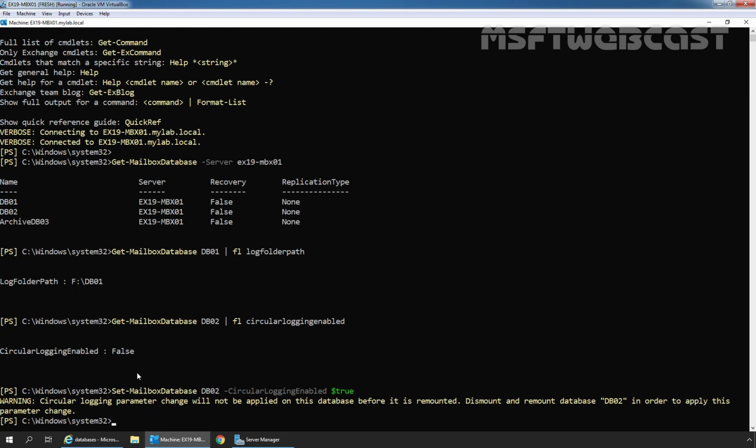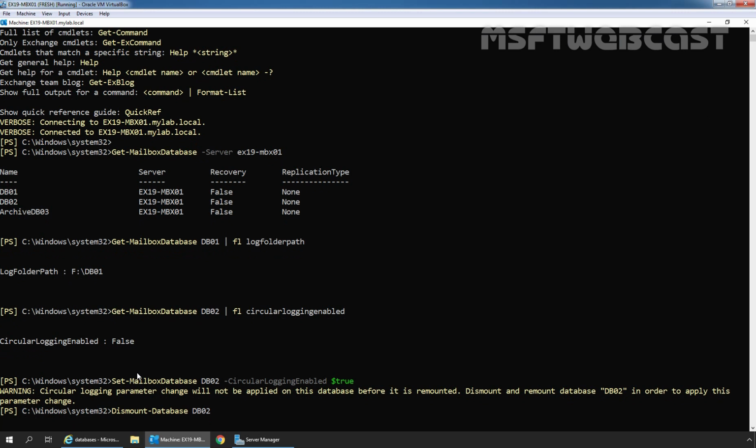A warning message will appear that the mailbox database needs to be remounted before circular logging changes are applied to this mailbox database. And for that, we are going to use the cmdlet Dismount-Database. Then we need to specify the name of our mailbox database, which is going to be DB02 in our case. Let's press the Enter key to dismount the mailbox database named DB02.